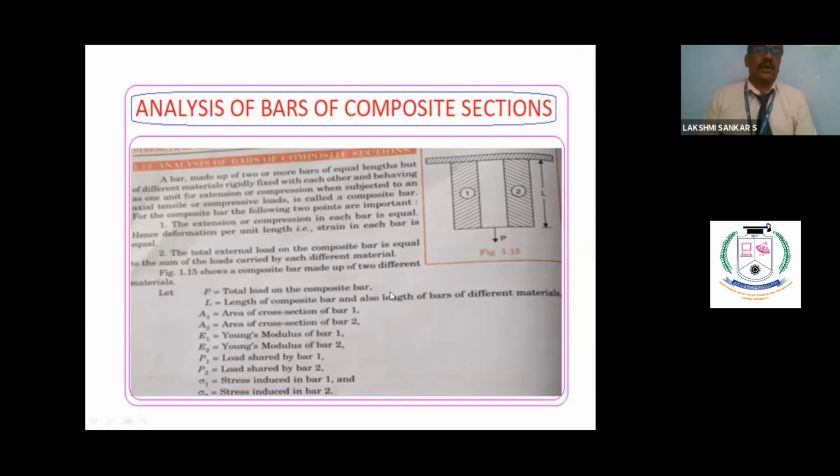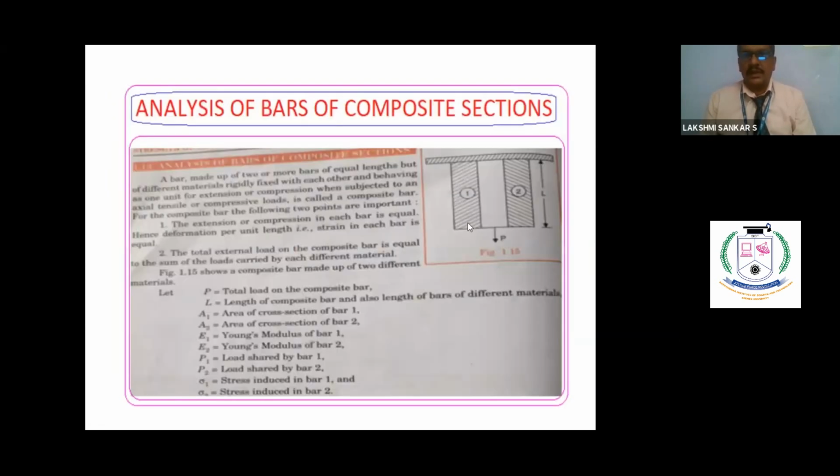For this, how are we going to analyze it? For members connected in parallel, the deflection remains the same. The total load will be the sum of the individual loads. For example, I am applying a load P here, let us say it is 50 kilonewton. The first one will take maybe 35 kilonewton. The second one may be taking 15 kilonewton according to the dimensions. So the total load will be the sum of individual loads, but the deflection will be the same for both. This is the observation.